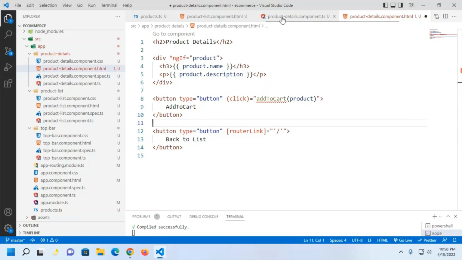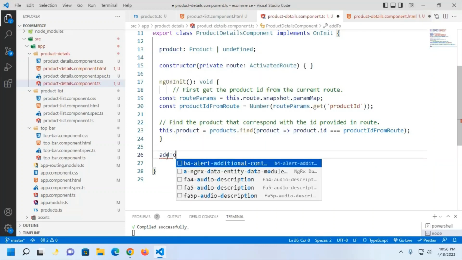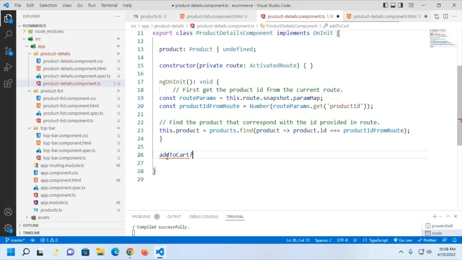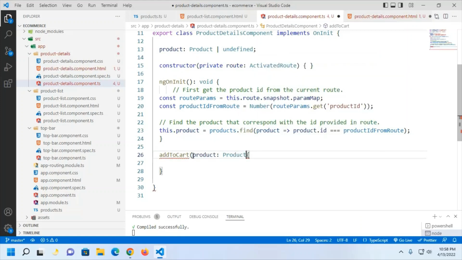Open product details.components.ts file and here define a method add to cart, and here pass a parameter product of type product. Okay,